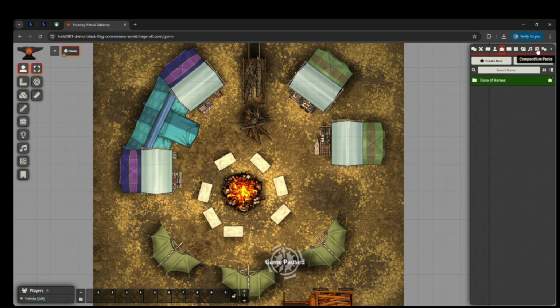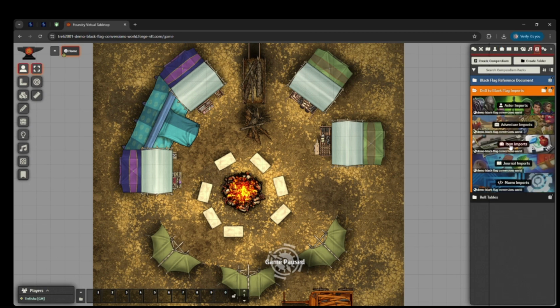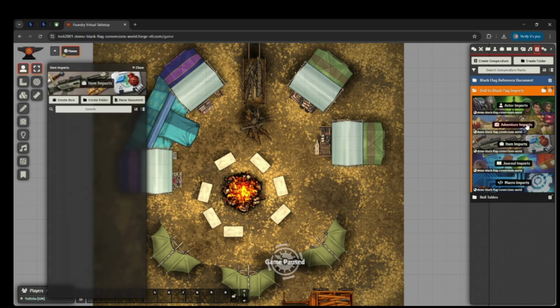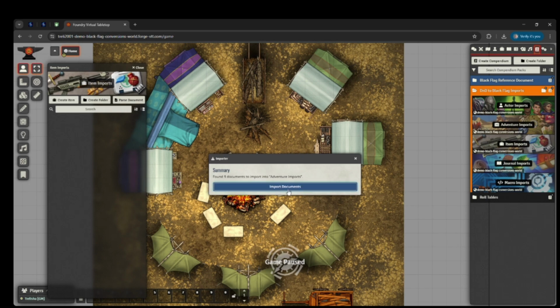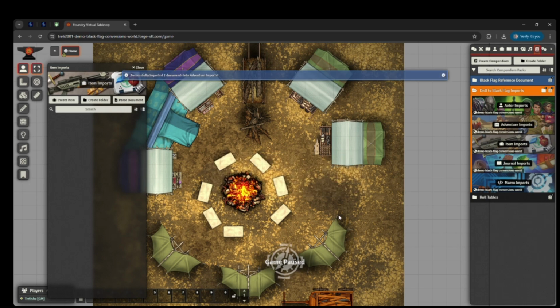Now for my little spell that wasn't in there, I'm going to go to item imports, and you can see that's empty. We're going to click on that, import. I'm going to choose my file. That was Amplify Light. So you can see that shows up right here, right next to choose file. And I'm going to import documents. And it's a small enough file that